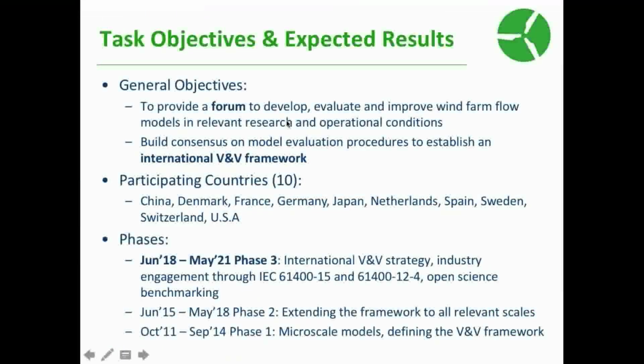Yeah, so for those that are kind of new, this is the general slide I used to present the task. We have these two objectives. First of all, we are here to create this forum to gather people that are busy with model development and also end users of these models related to wind conditions and wake modeling for wind farm design. And we gather all these people to build a consensus on model evaluation procedures and to establish an international verification